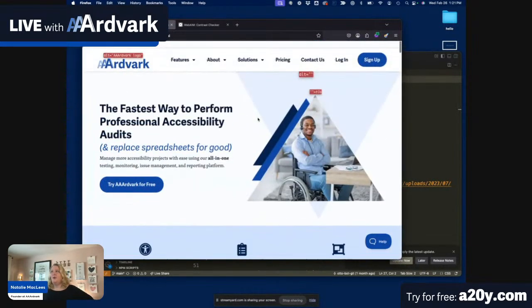So I'm just going to go quickly and look at the page. So this one says Aardvark logo. And in case you missed it, there was an